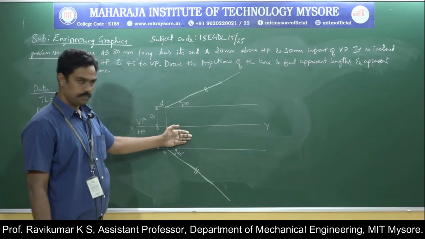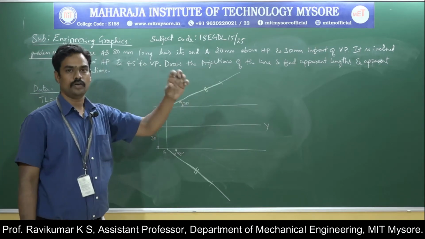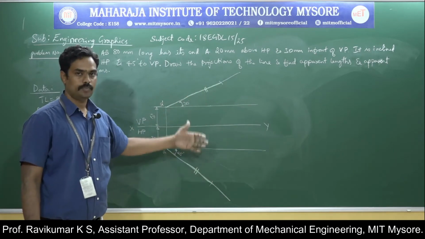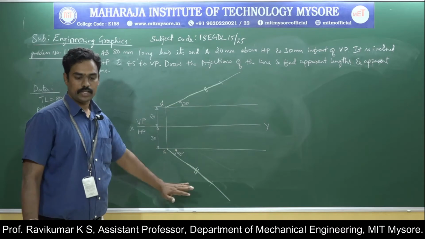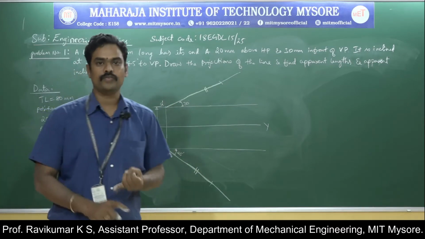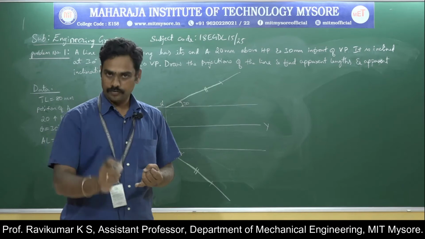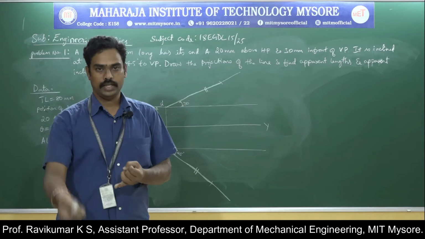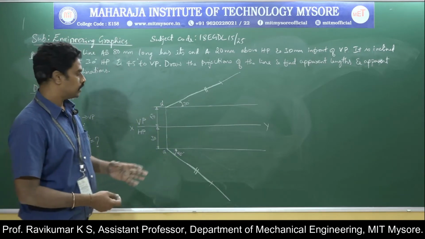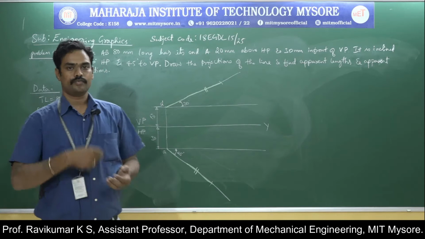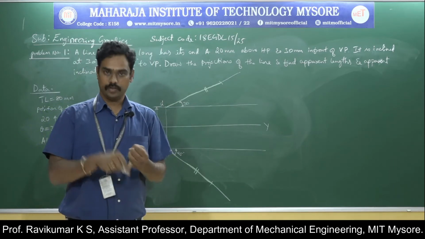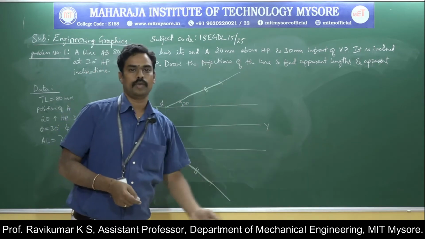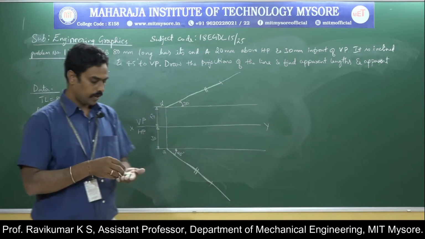Now from this point we need to use the concept of the note between the case 4 and 5, use that particular concept to draw the apparent length. What is the concept? If a line appears parallel in one of the planes, then you will get the true length of the same line in the other plane. Okay, this is the concept. Or it can be reverted. If the line is in its true length in one of the planes, you will get the apparent length which is parallel to XY line in the other plane. This is the vice versa.